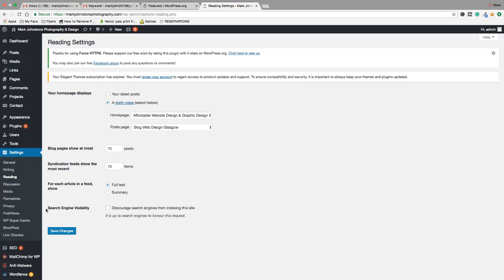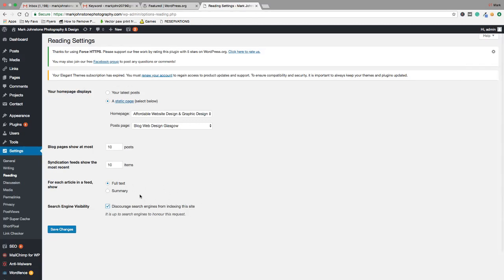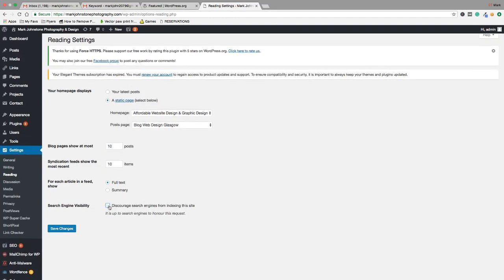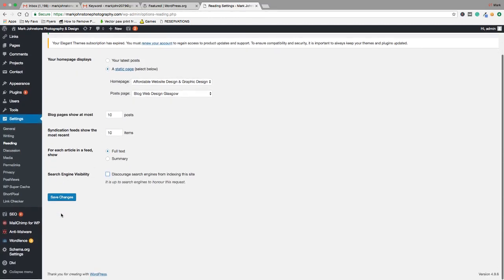So what you would do is tick this box here if you are starting to build your website and you don't want the search engines to crawl your site, which is a good option when you're starting out because you don't want your site indexed, especially if it's not finished. And I would recommend downloading some kind of